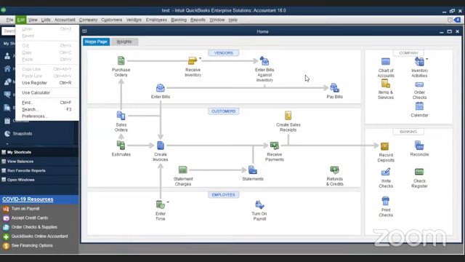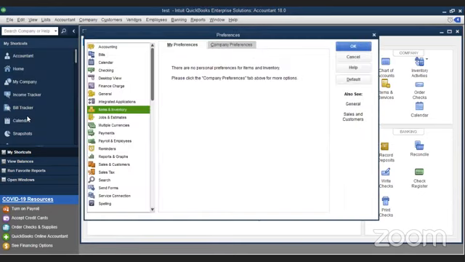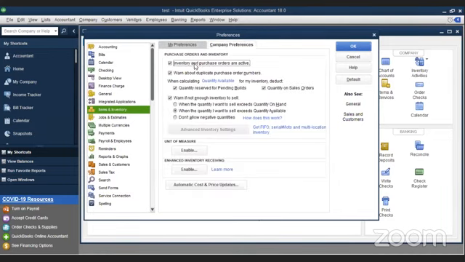Yes. Can you speak, sir? Yeah. So if you go to edit and go to preferences, in preferences you will see purchase orders. I'll show you on the screen. You go to preferences, items and inventory. In company preference, you put this tick: inventory and purchase orders are active. If you don't put this, and you update your inventory, it won't get linked to your sales and purchases. Did you understand?